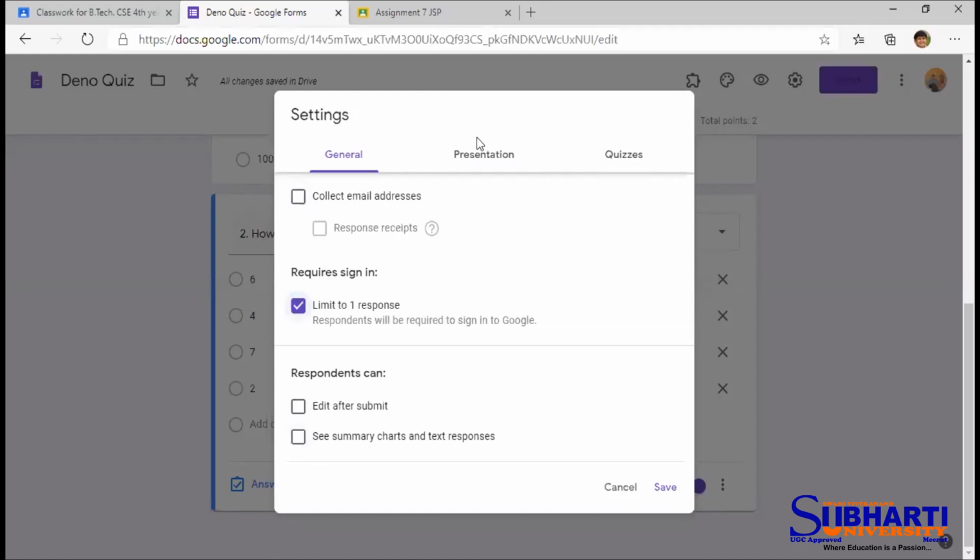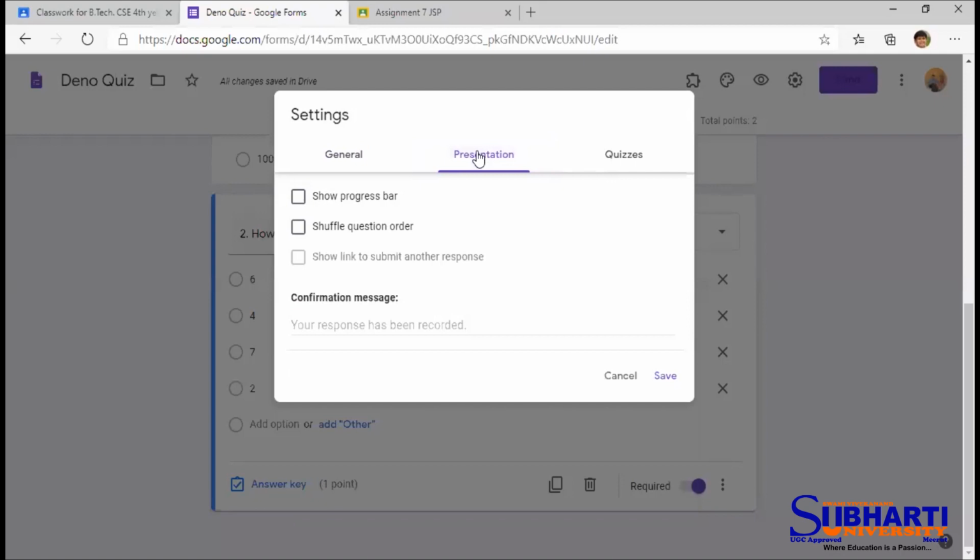Fine. Now I will come to this presentation option. You can click on this show progress bar. This progress bar will be displayed when the student does the quiz. So there is no problem in specifying this option, show progress bar.